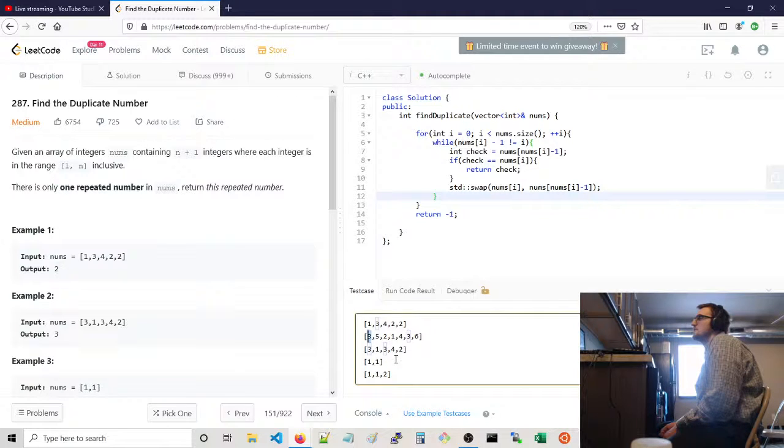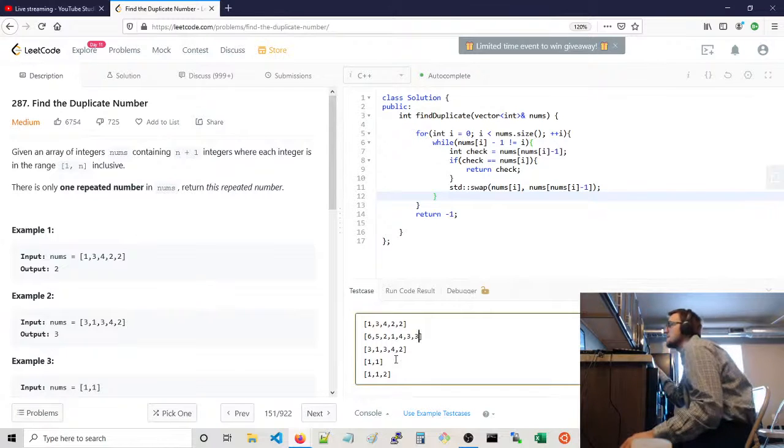Is that right? Let's make this 6. And then make this 3. What happens if we do that? Like, how does that, why? I don't know if it makes any sense here. So